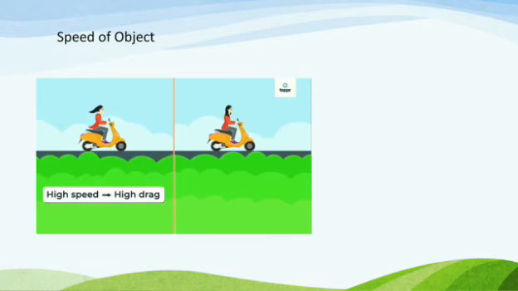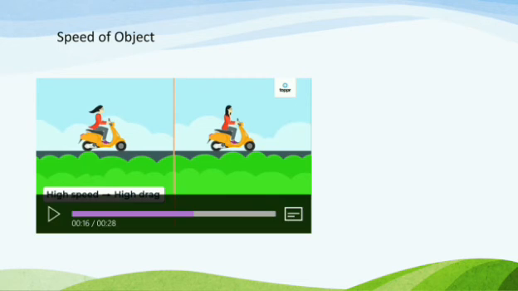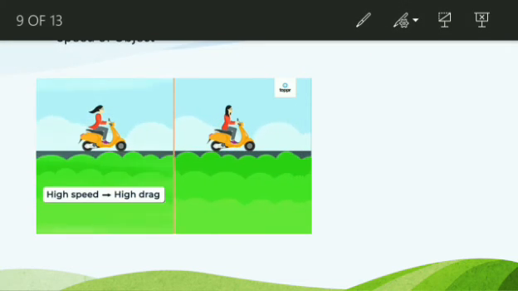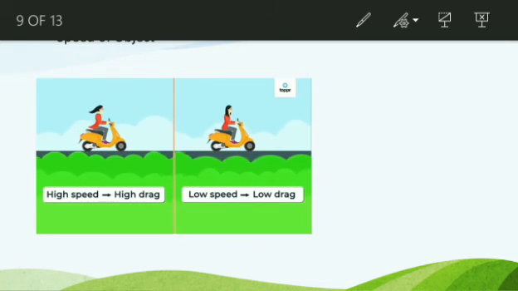When an object moves through the fluid with high speed, high drag by the fluid is applied on the object. If you go at a low speed, less drag will act on you.